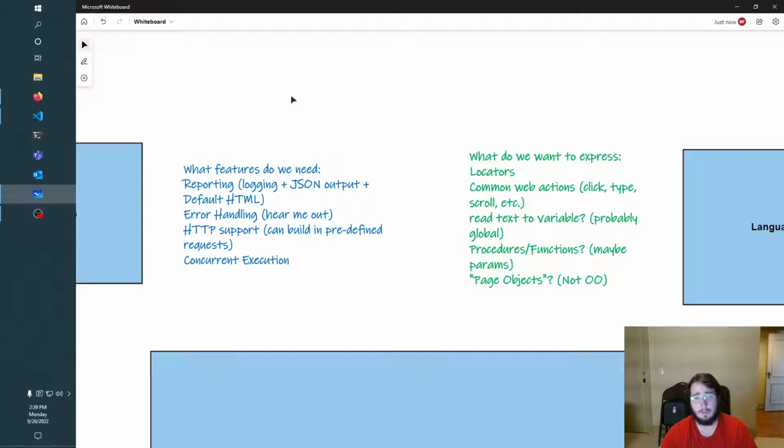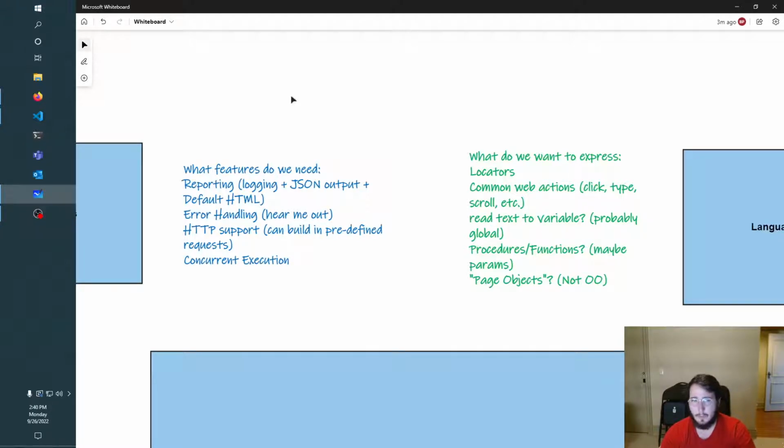Similarly, we're going to want some sort of way to do HTTP requests. If you're performing an HTTP request against an internal API, it's totally fair to expect people to be able to program to do that. So I think what we're going to want is some way to drop down into Rust, maybe drop down into something else. Maybe we'll use curl. We'll execute a curl command or something like that. Just have a way to drop down into executing an HTTP request,